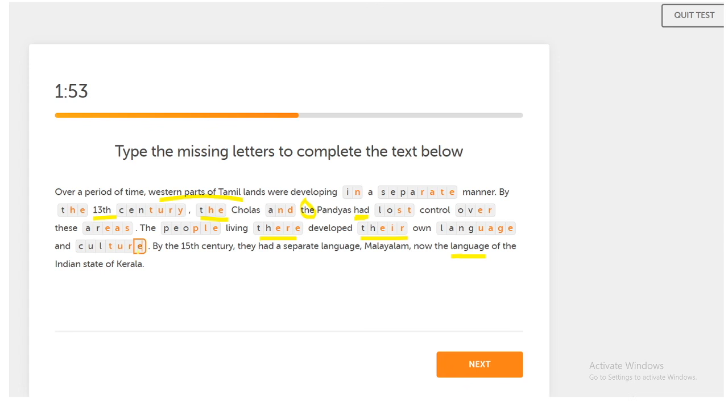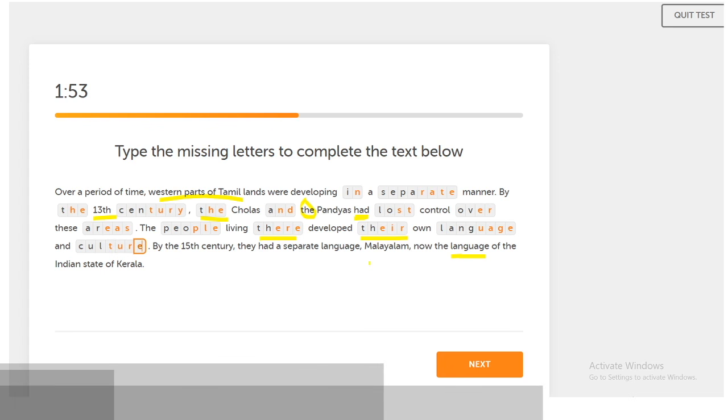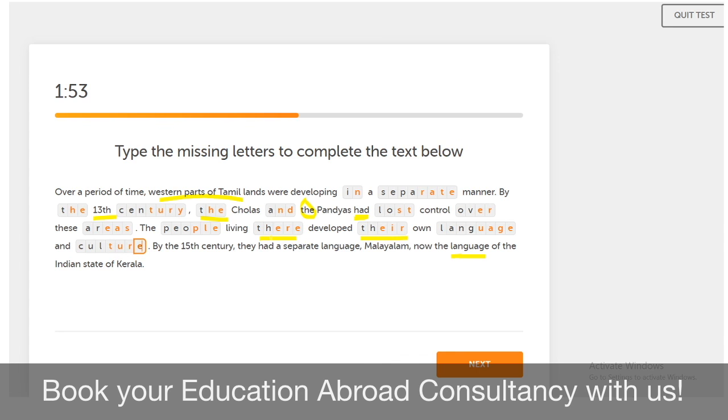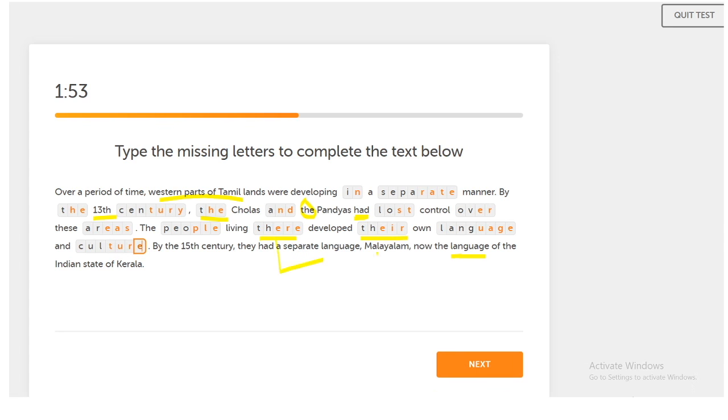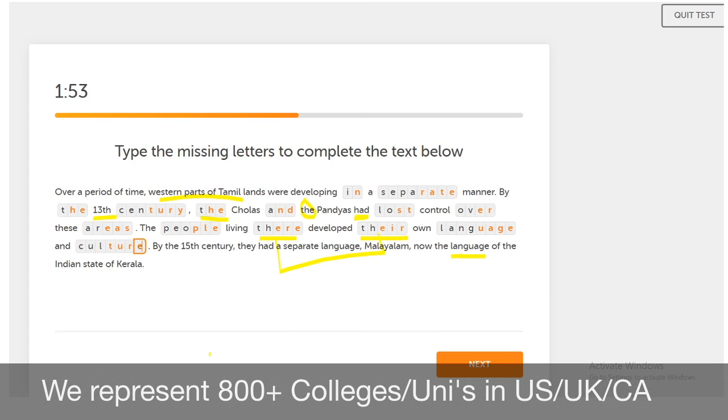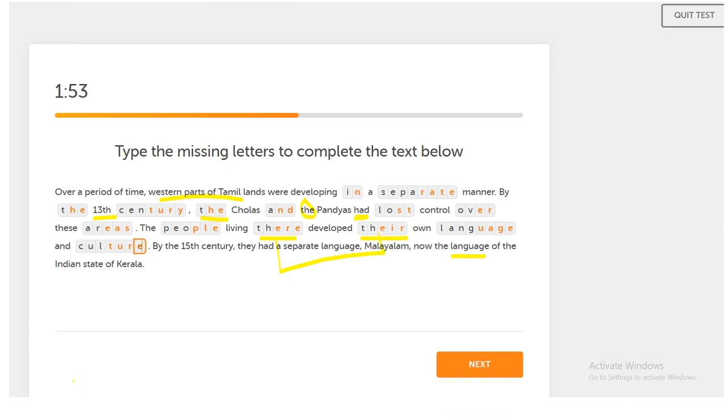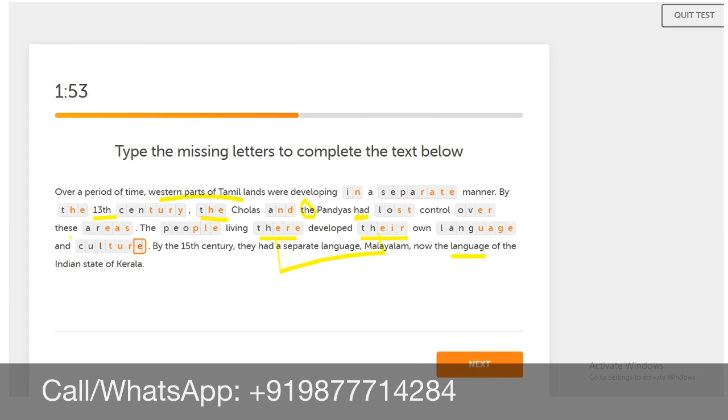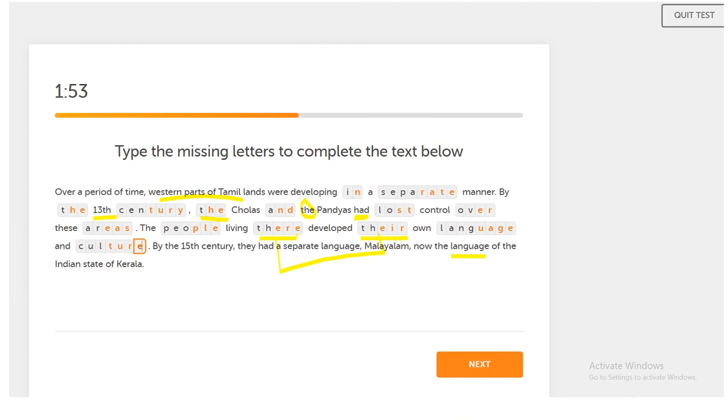And culture, it's also easy to predict these two words, so we can manage that. Now, here some people might use these two words interchangeably, which can change the meaning of the entire question. So, "there" is basically used to tell the position or state of something. Here, "there" means wahan. So, wahan ke log. In Hindi, it would be wahan, or basically the people of the Tamil land. Okay, "their own". "Their" is for belongingness.